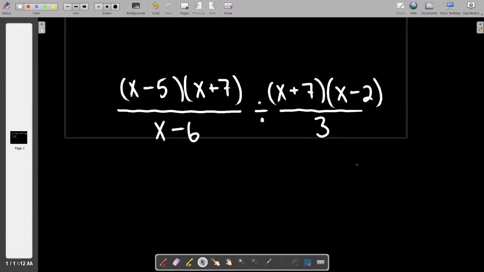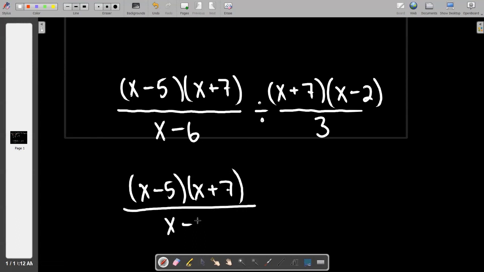Copy, flip, right? And so before I can actually do what I want to set out to do, and about half the problems today should be division. I didn't count them, but it'll be roughly half. And so with division, you just got to catch yourself and remember to do the switch on the second fraction. So I'm going to leave the first part alone. So it's going to stay as x minus 5 times x plus 7